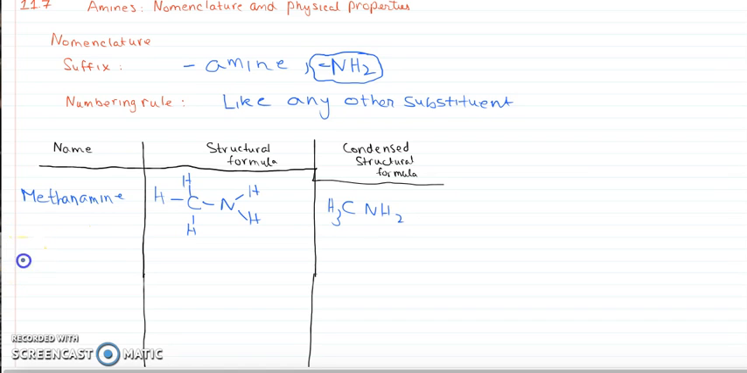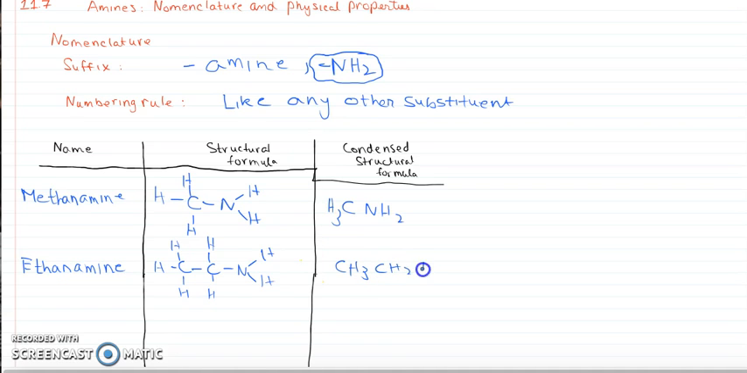Next one is ethanamine, which is C, H, H, H, CH2, NH2. Condensed structural formula CH3CH2NH2. Next one, propane